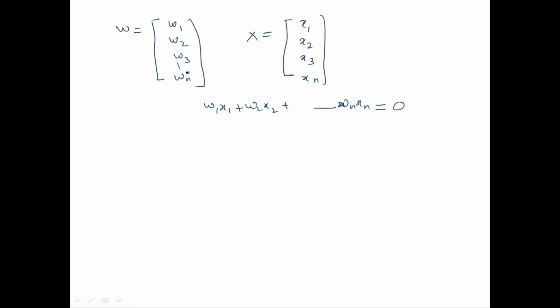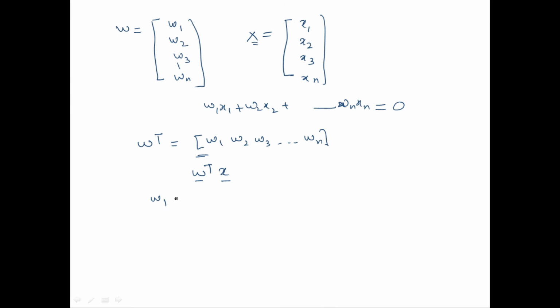We know that the transpose of a column vector is a row vector, or vice versa, the transpose of a row vector is a column vector. So if we take the transpose of vector w, it will become a row vector. Now we multiply w transpose with x. What is w transpose? This. And what is x? This one. So let's multiply both the vectors, w transpose and the x vector.